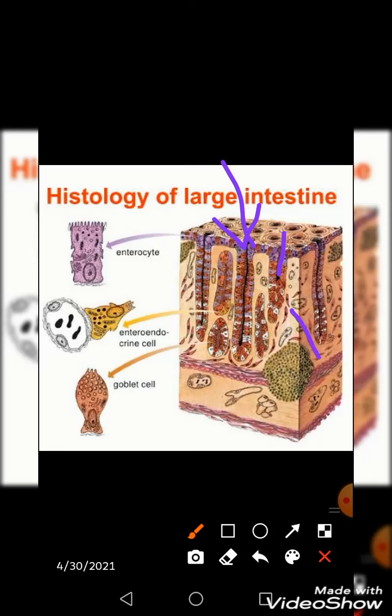Lamina propria is present in between these glands and shows all the regular features of connective tissue, having macrophages, plasma cells, lymphocytes. You can also visualize a large lymphatic nodule, a solitary lymphatic nodule. Sometimes diffuse lymphoid tissue is also present and it is trying to pierce your muscularis mucosae and enter into your submucosa. This is of course the muscularis mucosae, and this is the submucosal layer that will be showing vascularity. And the nerve element you find here is the Meissner nerve plexus.